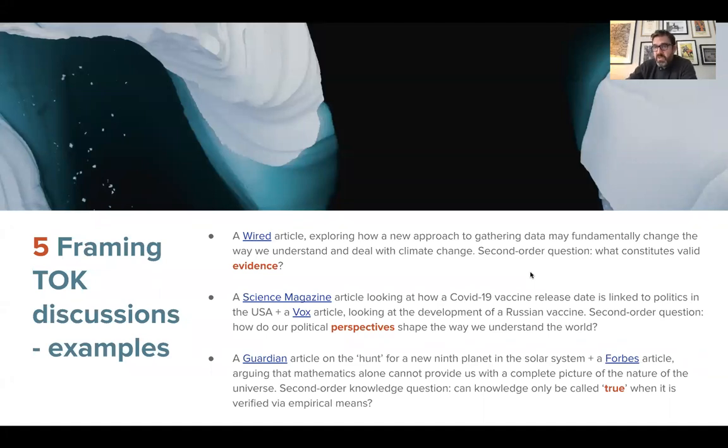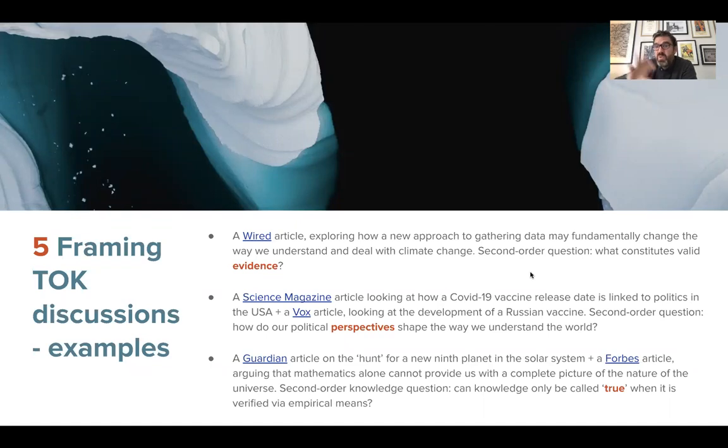Obviously, we have that crucial link between climate change and human activity, which is all fascinating and brilliant in its own right. But what we might do in TOK is think about how that data is gathered, how we can use that data to convince people who might not want to believe in the human cause behind climate change,